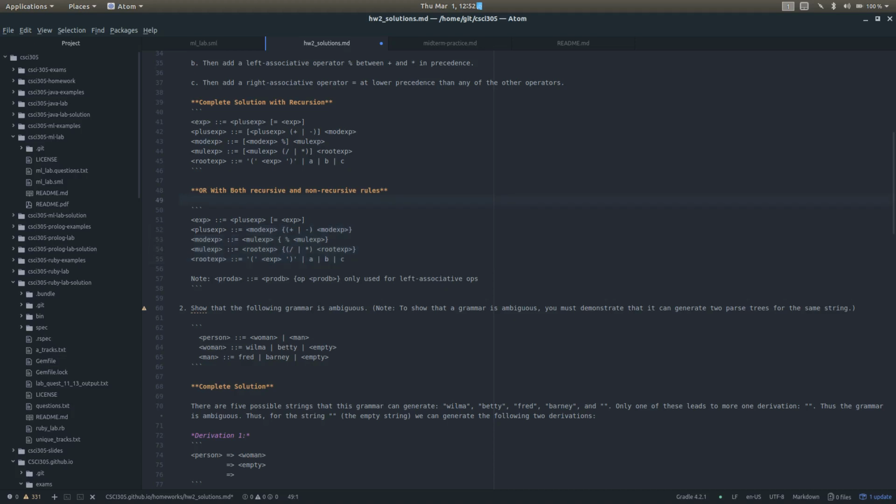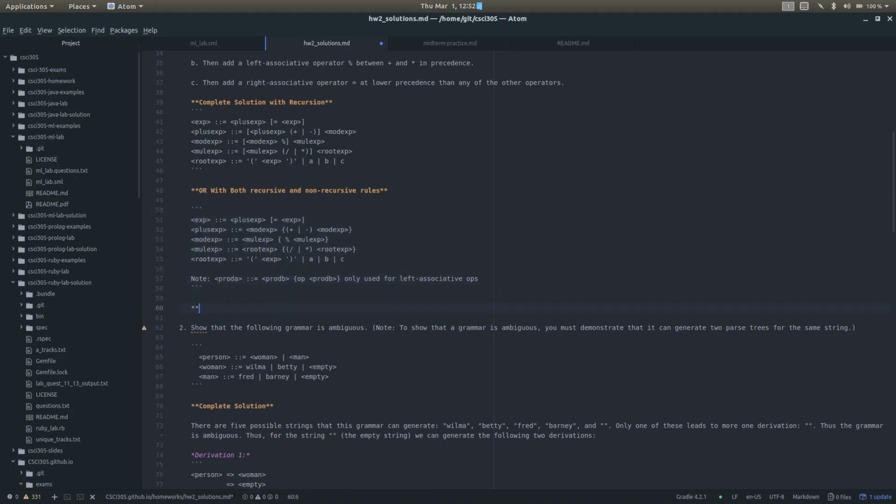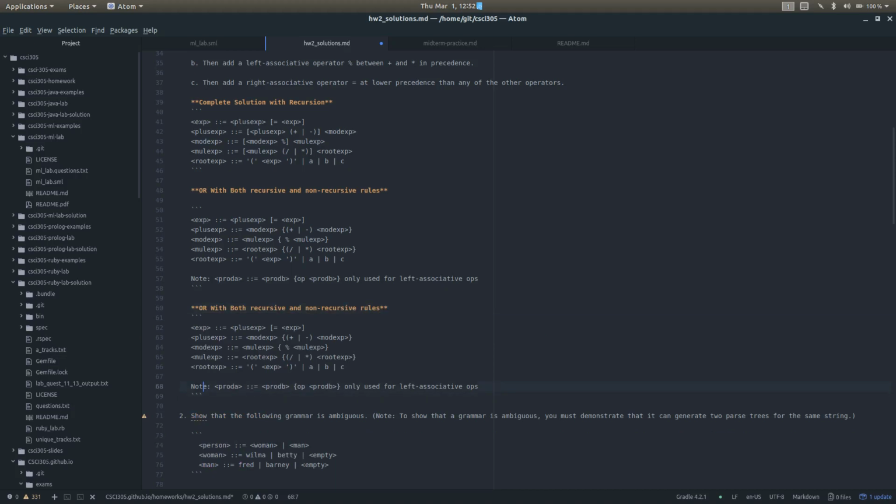You either did it all with recursion, or you have the right associative recursive, and your left associative is not. So we could actually create a separate one, just like this, right? And we'll make this our one with both recursive and non-recursive rules, where we say that if we see something that looks like this, we're going to use that only for right associative, which kind of defeats the whole point of doing this. We get rid of this one, make this plus, and then we call this the right recursive, or the right associative, and then here we have to get rid of this part, and we're going to just copy this thing up here. If we're going to do it this way, then we will. We can call it that, and call it done,